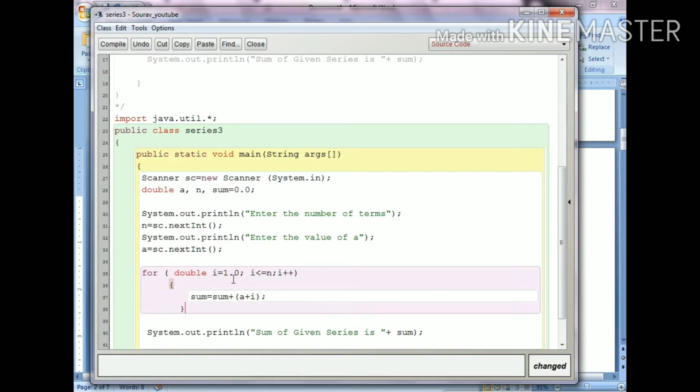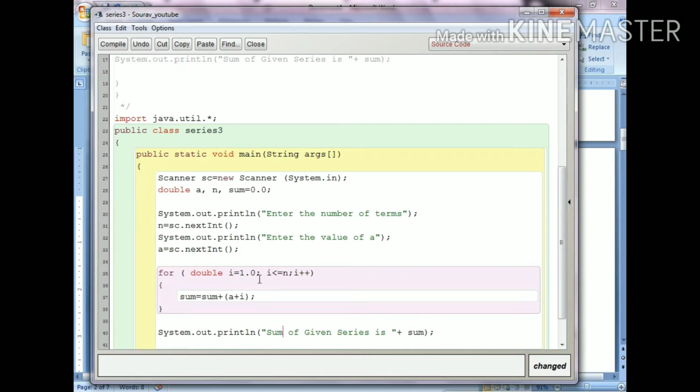Now I use a double type variable, so here I use the Math.pow function, Math.pow a comma I. That means you get a power 1, a power 2, a power 3, a power 4 divided by I. So first time I get